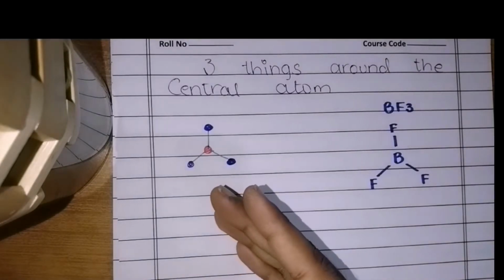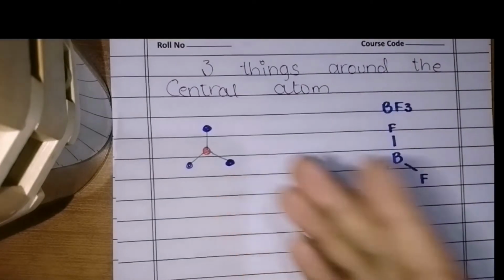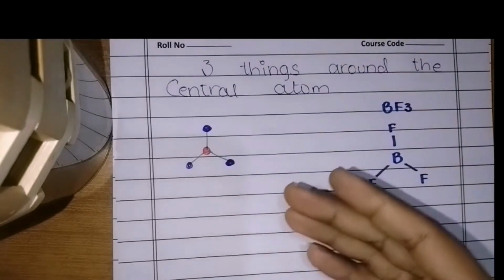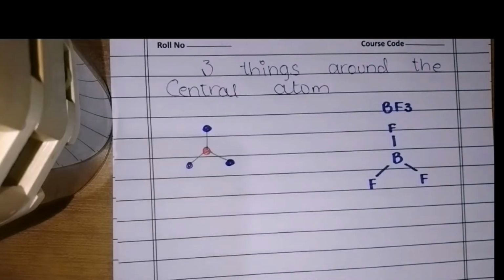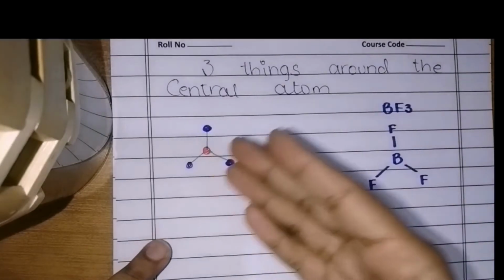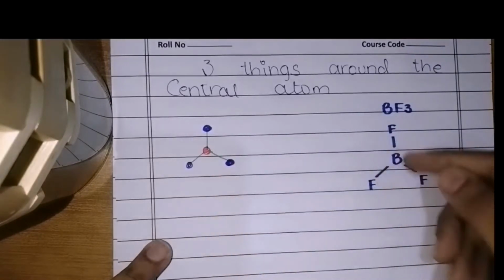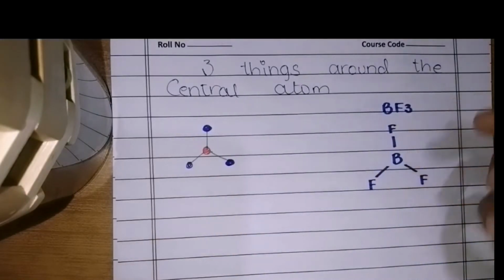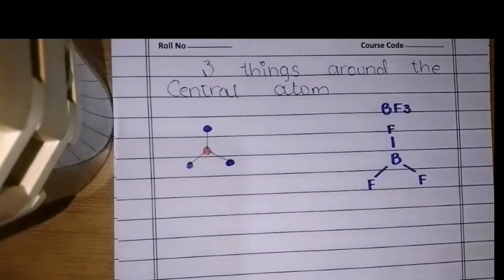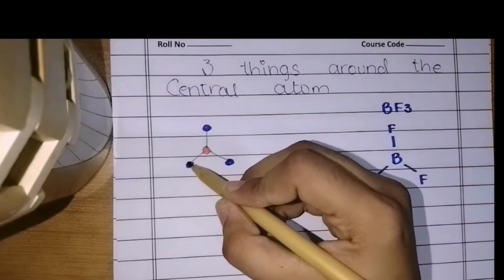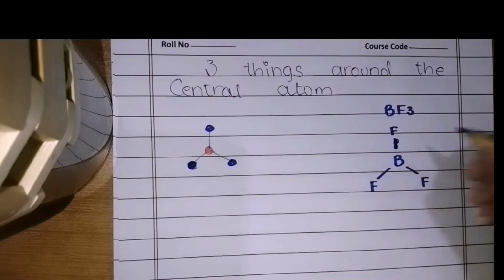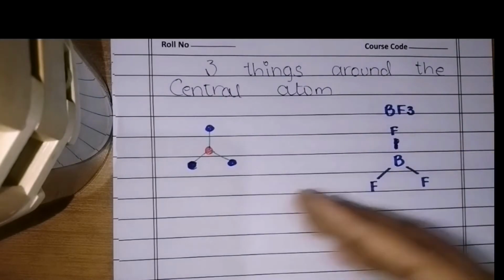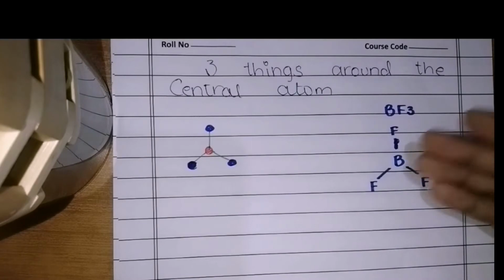Now, what are we talking about here? It is also an exception, as we talked about in beryllium dichloride. It is happy to have 6 electrons around it. So boron is one of those examples also, but this does not change anything in the structure. So boron has 6, which means it does not have any electron pair on itself,